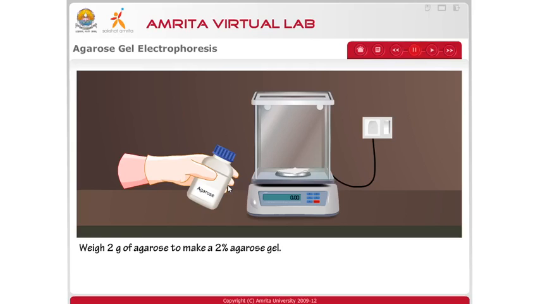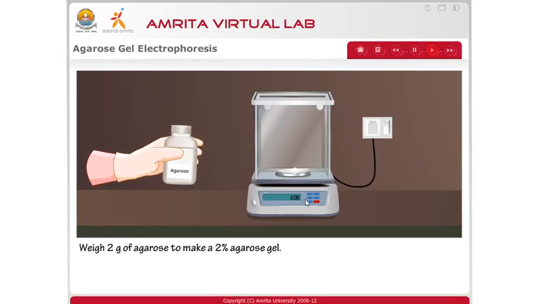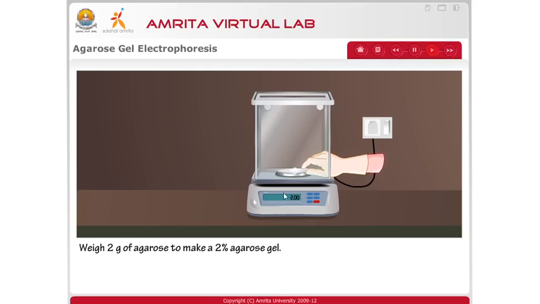For now, we are weighing 2 grams of agarose to make 2% agarose gel. We have kept the buffer up to 100 ml. Now we will put 2 grams of agarose into that to make 2%, meaning 2 grams in 100 ml is 2%. So let's weigh the agarose on the weighing balance. This is the spatula which is used. Always remember, you have to calibrate the balance to 0. You have to put the balance on 0, and this is 2 grams now. You have to take this agarose